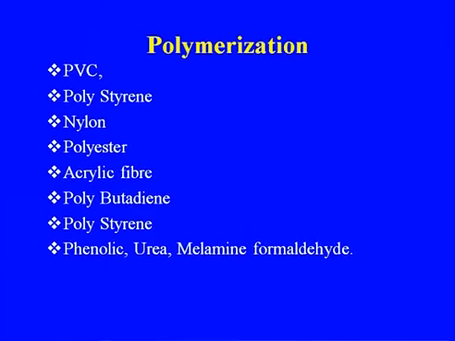These are some of the major products which we are getting through polymerization: PVC, polystyrene, nylon, both nylon 6 and nylon 66, polyester from the terephthalic acid, acrylic fiber that we are getting from the polymerization of acrylonitrile, and polybutadiene, because the butadiene is available from the steam cracker. So, instead of going for the manufacture as we are, many of the